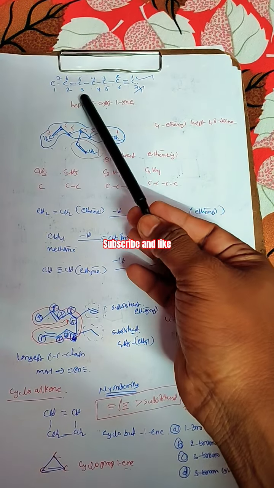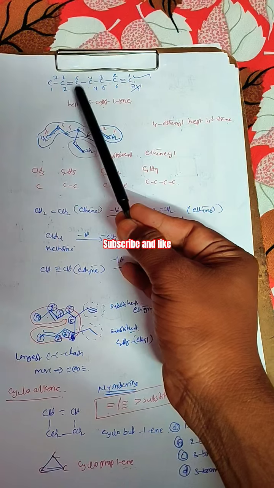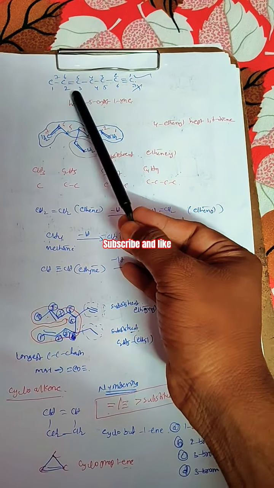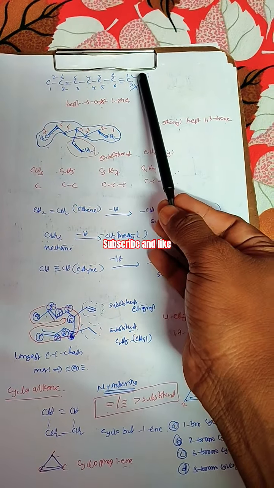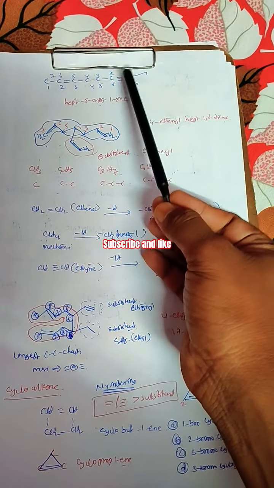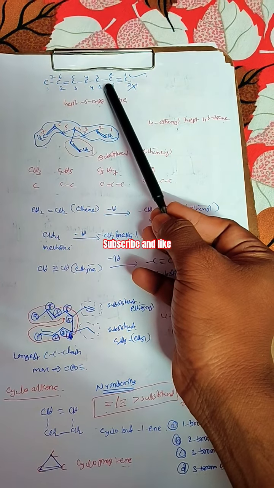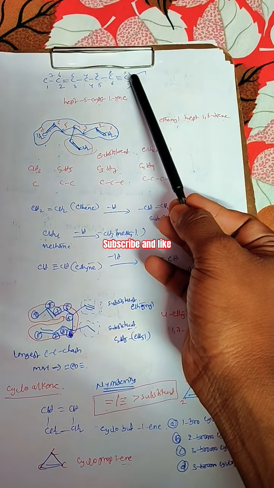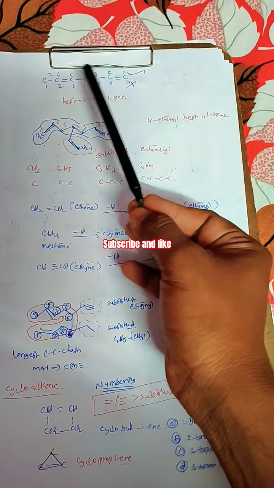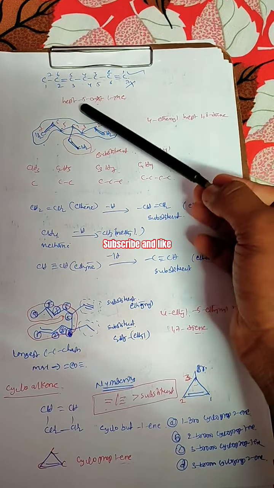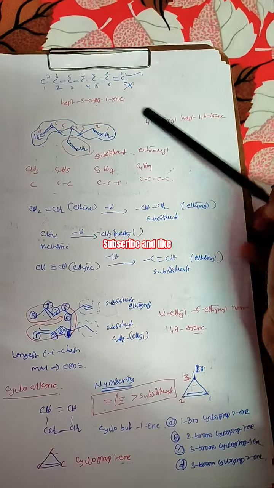If you write using the double bond, it gets numbering priority high, but this is the lowest. But if you take the triple bond, it gets the highest priority. That's why these two get different lowest numbers. That's why the alkyne gets the first priority, then 1, 2, 3, 4, 5 like this. This is hept-5-yn-1-ene.